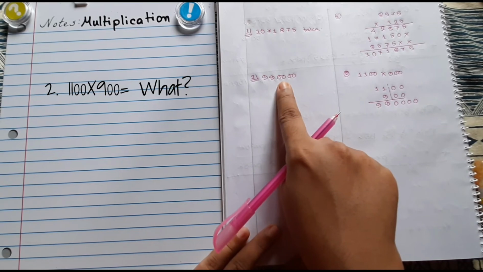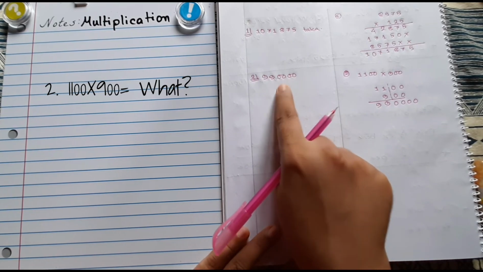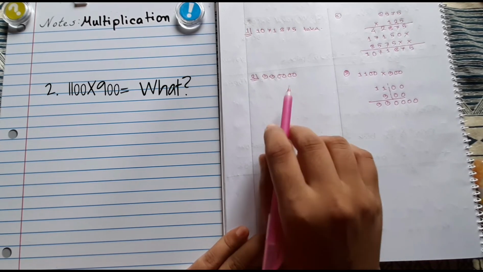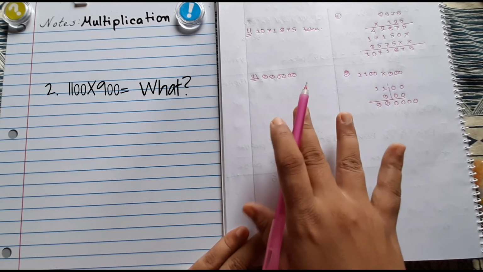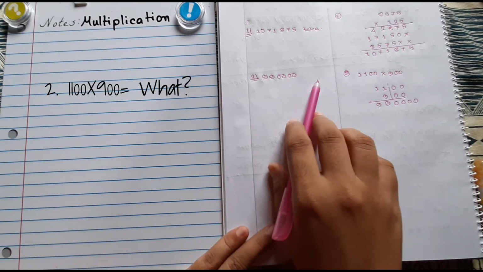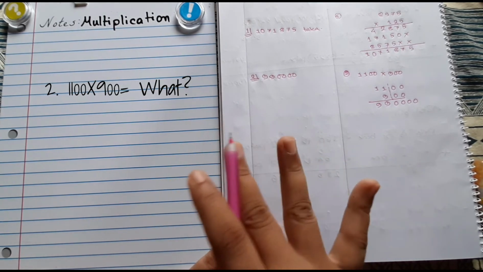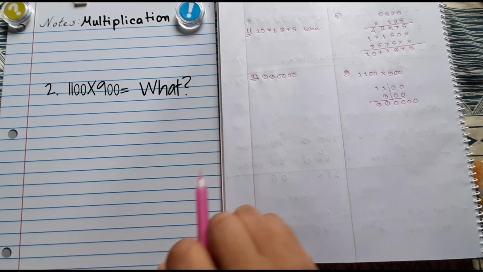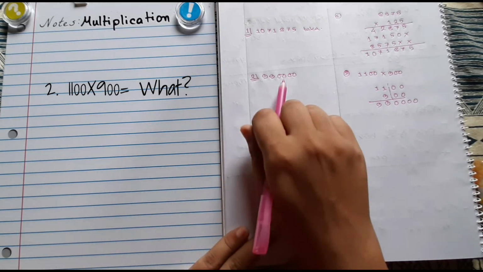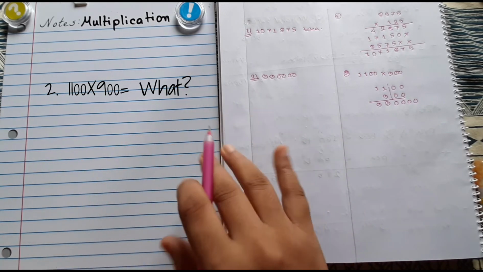And you can see I am writing the zeros pair by pair. Why am I writing it like that? It is easier to count. If you have 5 zeros, you will write down 3 zeros and then 2 zeros, like make a group of them. That way you will not miss a single zero, because whenever you see that there are 2 pairs of zeros, that means there are 4 zeros, right?